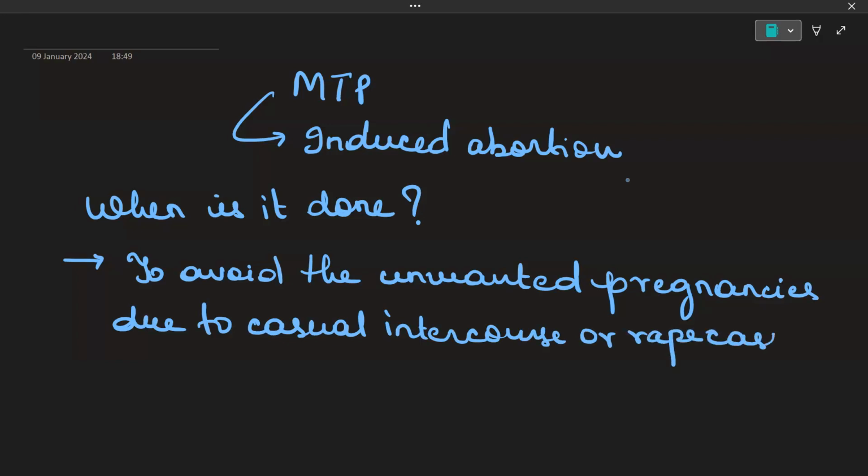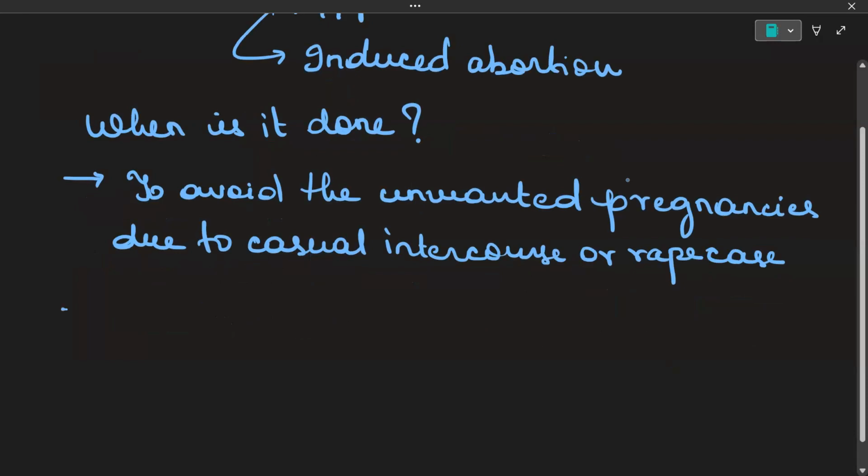In all these cases, the MTP is done, and the other case is to end the pregnancy